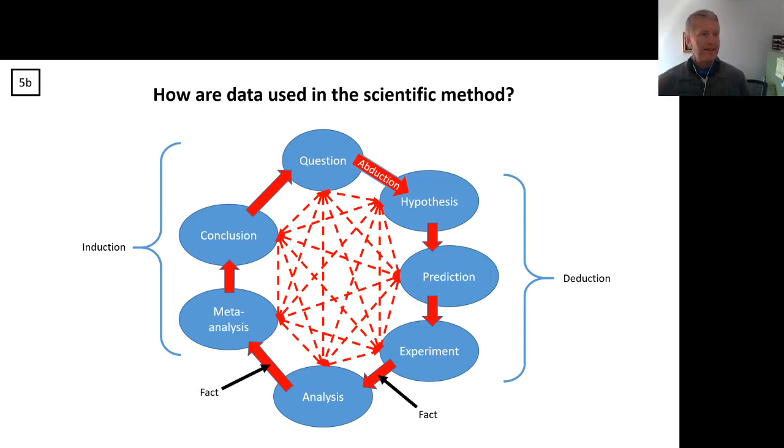So where is data important here? And where data are important are the facts. Again, and this goes back to objectivity. Like, why is all of this deductive and inductive and abductive reasoning, how can we root it in some sort of defensible conclusions about how causality works? Well, that's what data give us. Data gives us those facts that are hopefully as objective as we can make them and provide the support that we aren't just making all this up.